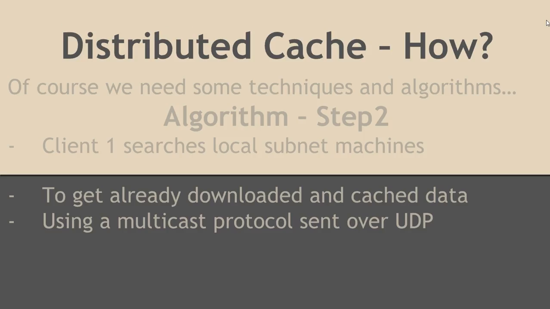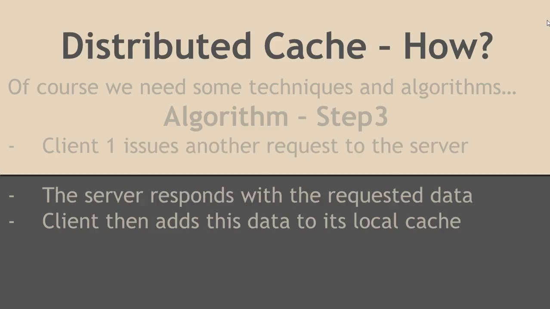But what if the peers don't have the data that client 1 wants? In this case, client 1 will issue another request to the server, and the server will respond with the requested data. The client then adds this data to its local cache. It's very similar to a client-server model in this case. But then, if another client